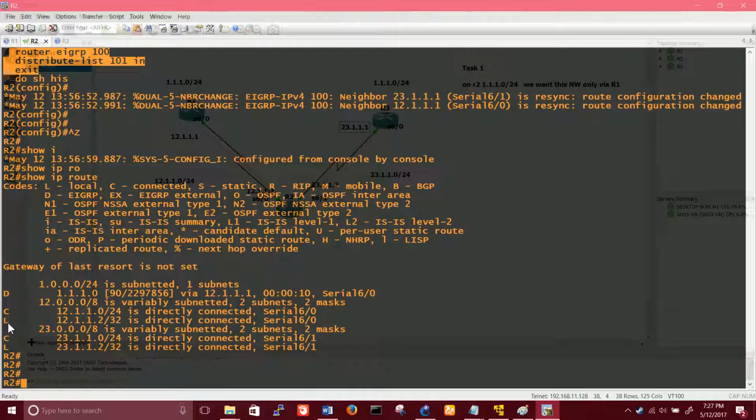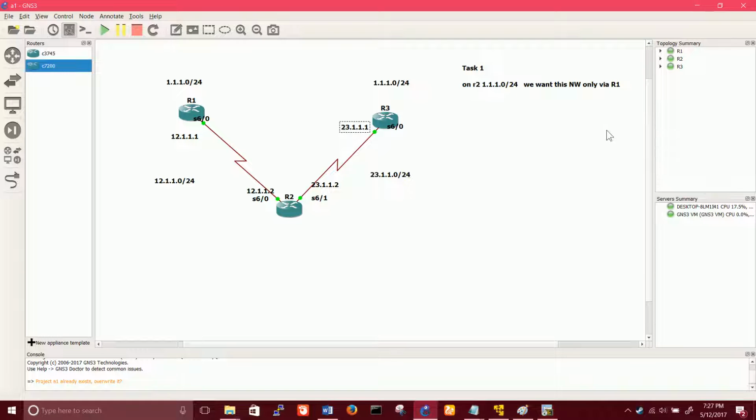The outcome of both was the same, but for task 1 we used standard ACL. Now we did the same task, we filtered the routes via 23.111 and we used extended ACL for that. Okay, so this was your basic filtering. Why basic? Because standard ACL and extended ACL are not really a very powerful almighty tool. They are basic security things that you study in CCNA only. We just use what you have done already in CCNA basics.